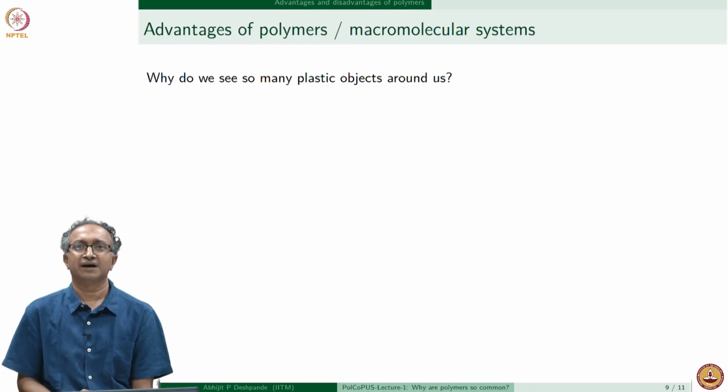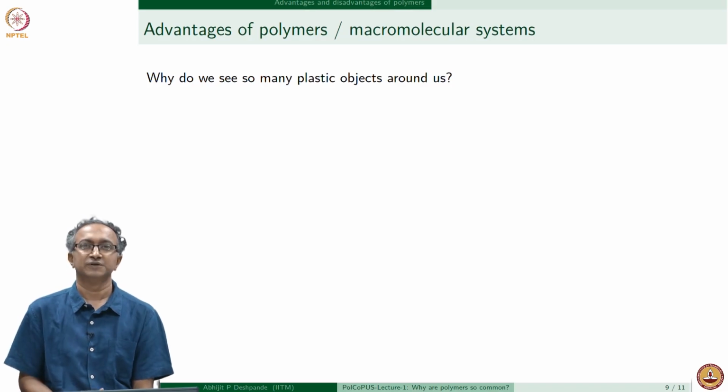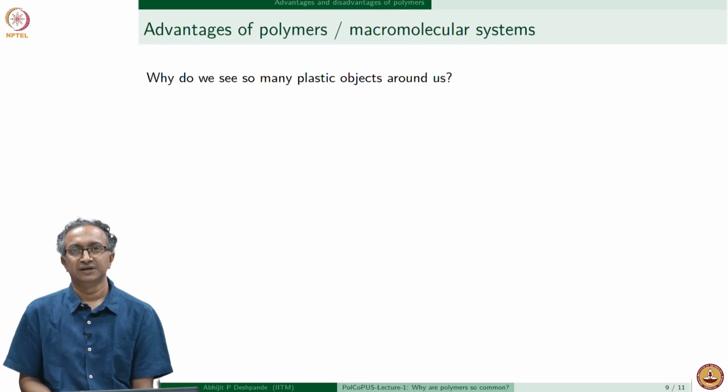And what do you think are the reasons for such dominant usage of these polymers? We should also remember that polymers as a class of materials have come out in only the last 100-150 years. So in a short period of a century or a little over, they have become so dominant in terms of usage. If you start thinking about what makes them so unique and so useful,